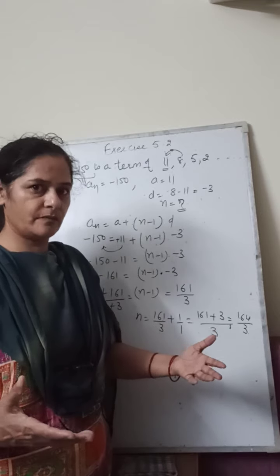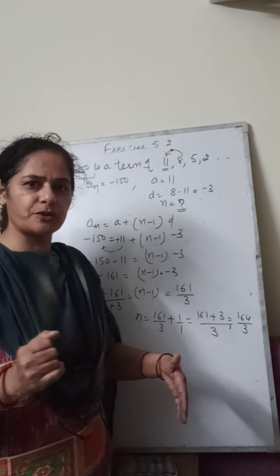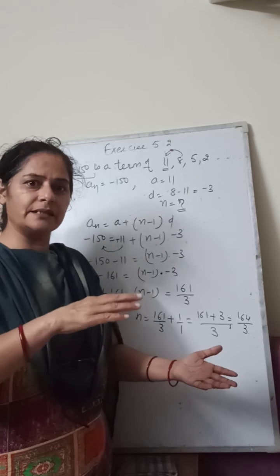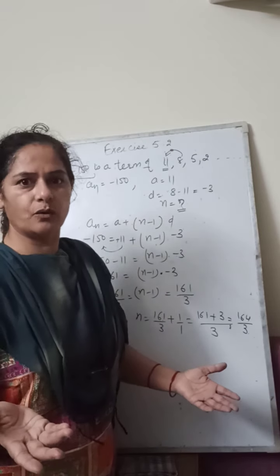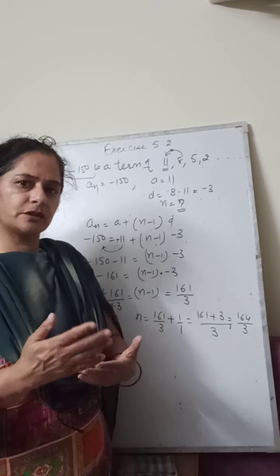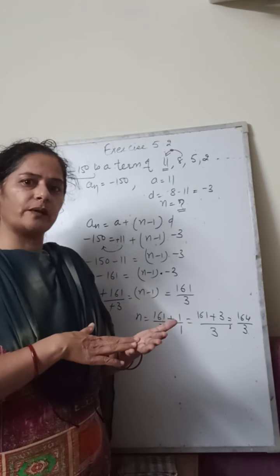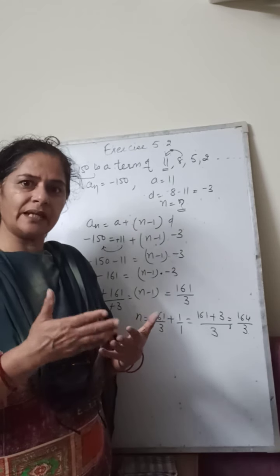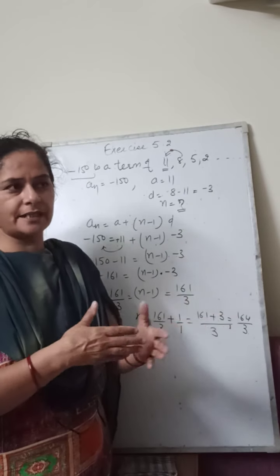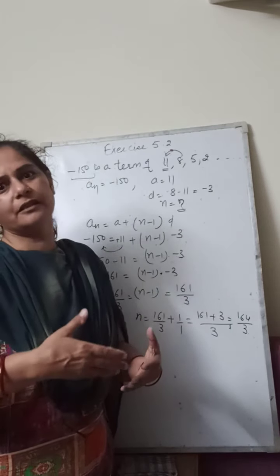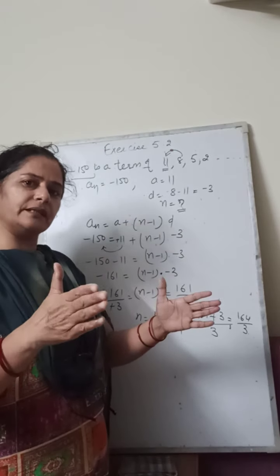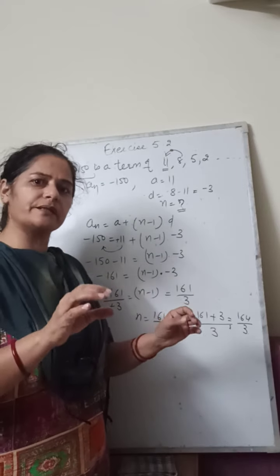N is a position: first position, second position, third position. Have you heard that this particular thing is at the 2.5th position? No. Position is always second, third, fourth, fifth. Means position is always referred to as a whole number. It comes in whole numbers: 7th position, 12th position, 13th number. We never say 13th and a half number, right? So position of anything can never be a fraction. It is always a whole number.